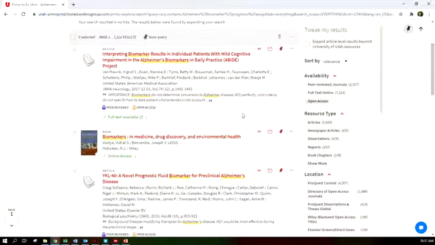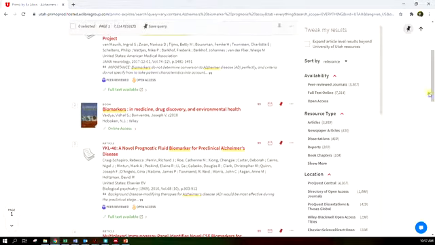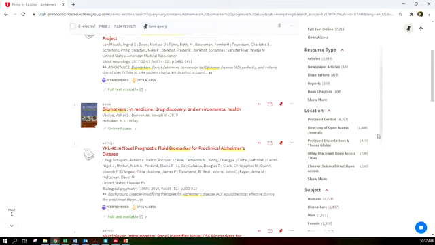So I've got some books. Ooh, I've got a novel prognostic biomarker for preclinical Alzheimer's disease. This sounds amazing. I like that one. All right. So this is pulling up everything, and we can see here that we have peer-reviewed journals, we have full text articles, open access. We can decide what type of resources we want, the locations,